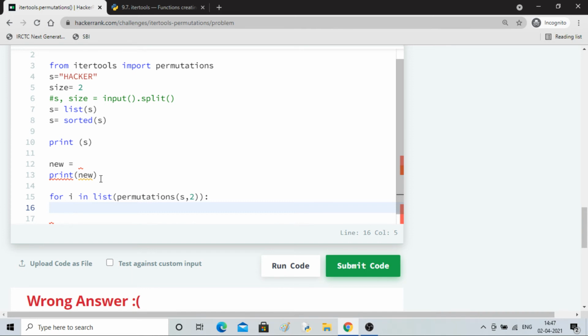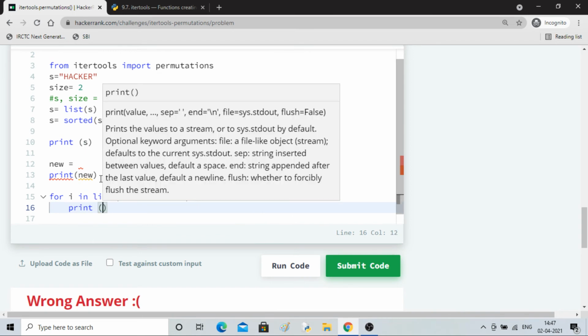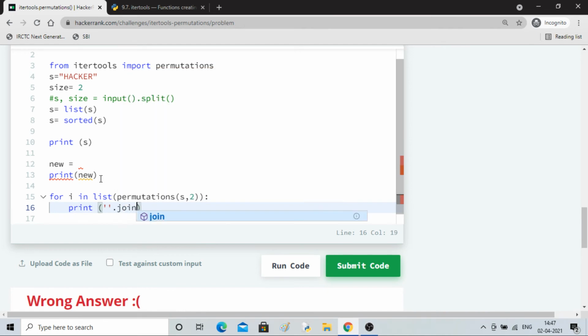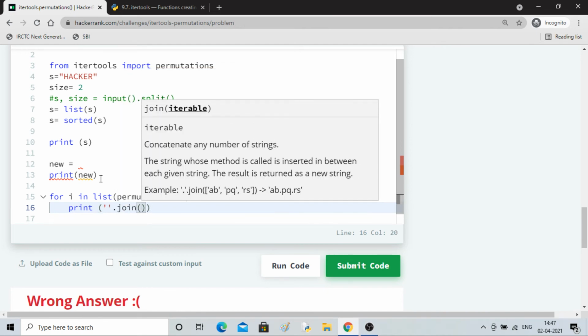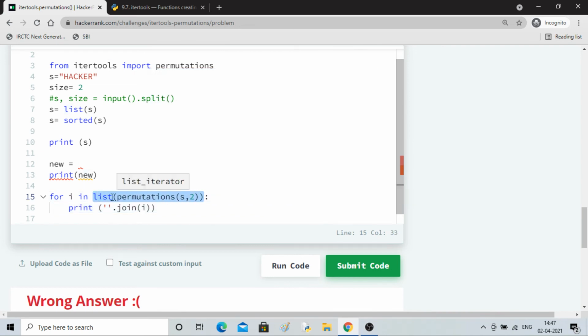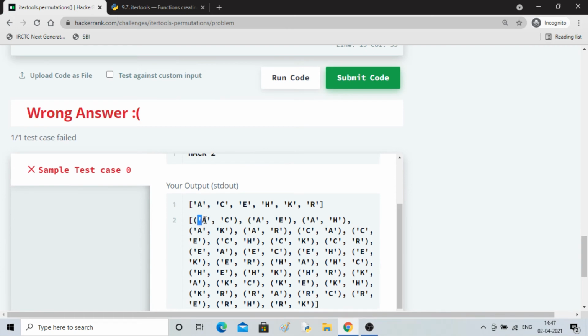What I'll do is print, joining with nothing, join I. In I each of them will get saved, so the I value will be this, then this, then this, like this.